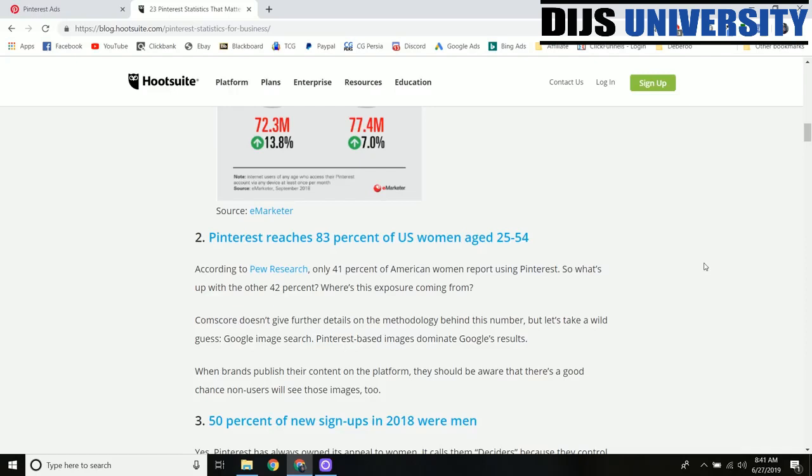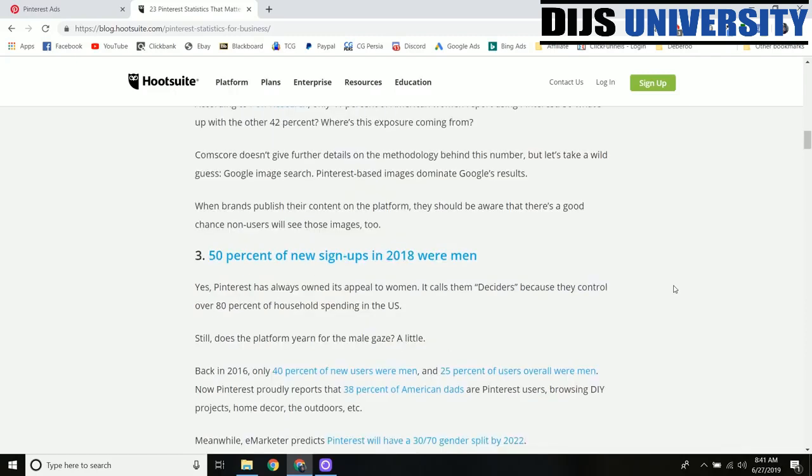So pretty much all women, minus that 17%, are familiar with Pinterest and the kind of content that they would normally see on Pinterest. With that being said, yes, there are a lot of women on Pinterest, but 50% of new signups in 2018 were men. And that's very interesting because there's a lot of good products on Clickbank that we can promote to,